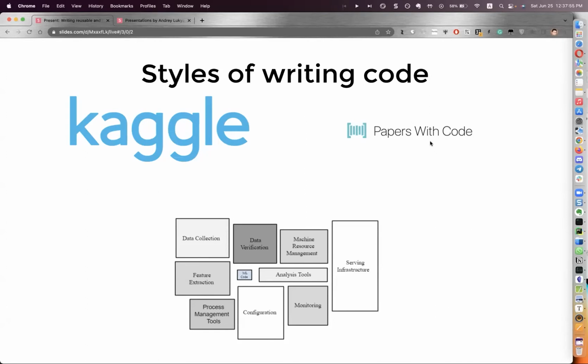So as you can see, there are many different styles of writing the code, and writing training pipelines isn't relevant for all the cases. For example, you don't need to write a huge pipeline when you try new things and throw them away fast. But when you write training pipelines, you will have a more or less stable code. You will be able to run many models and compare them easily. You will be able to reuse your old functions and transfer them to different projects.